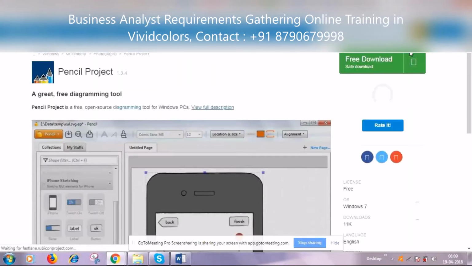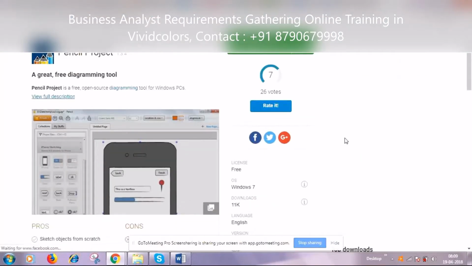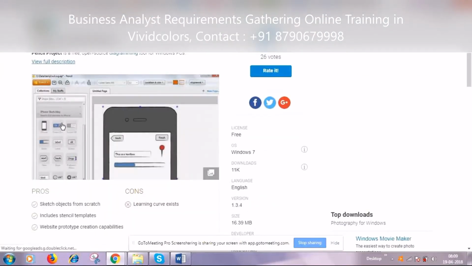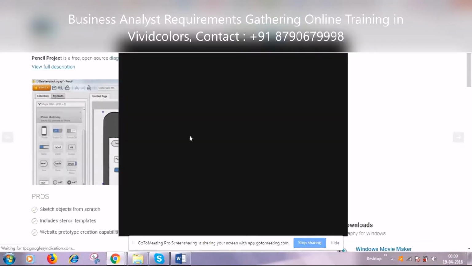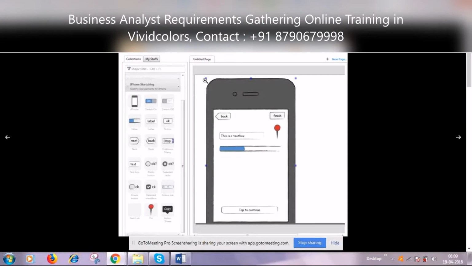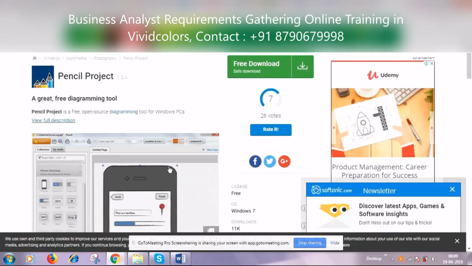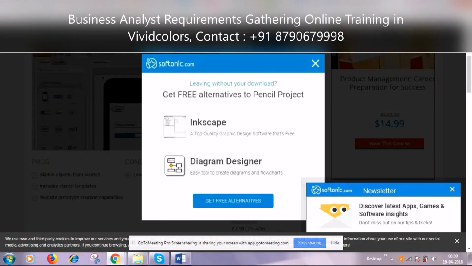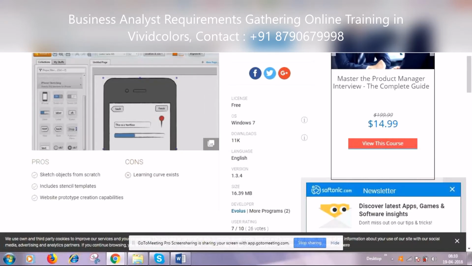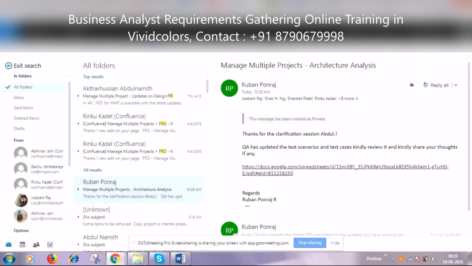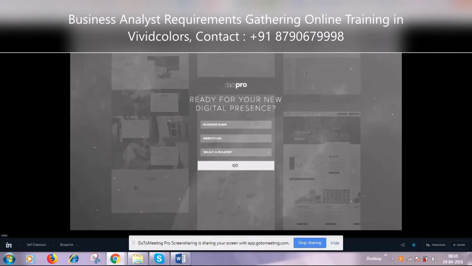Here you have all the tools that are required. This is the workplace where you are going to do your work and define the placeholders, like a back button, a finish button, and certain other items you place, and then you prepare the wireframe screen. Once these wireframe screens are prepared and approved by your product team, then you are going to place them in the InVision app.